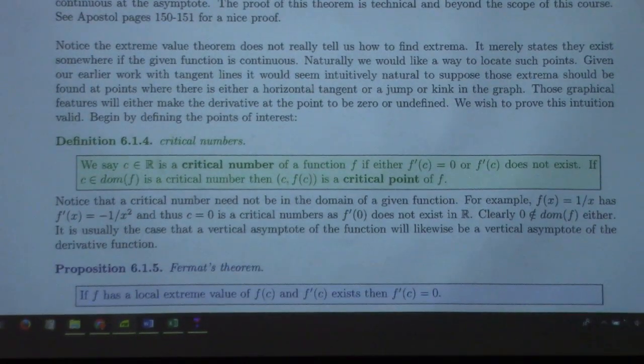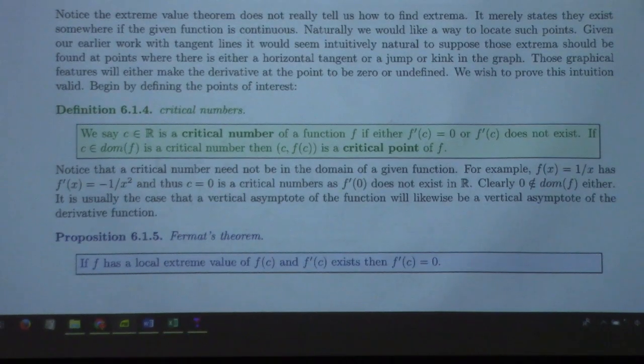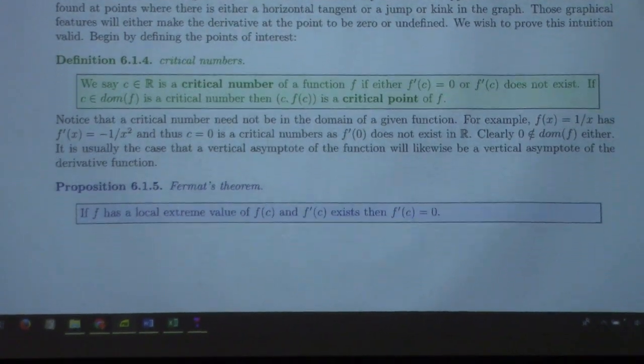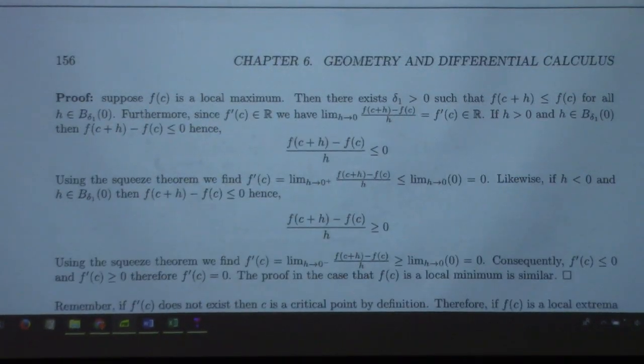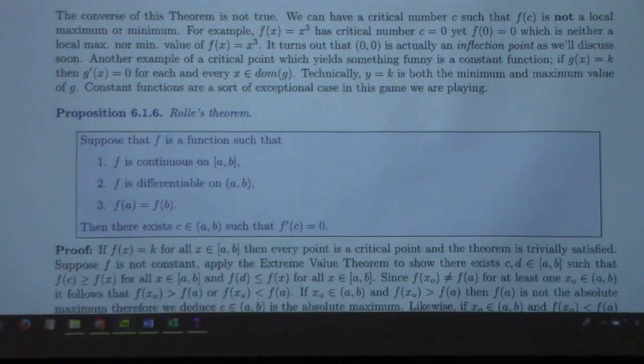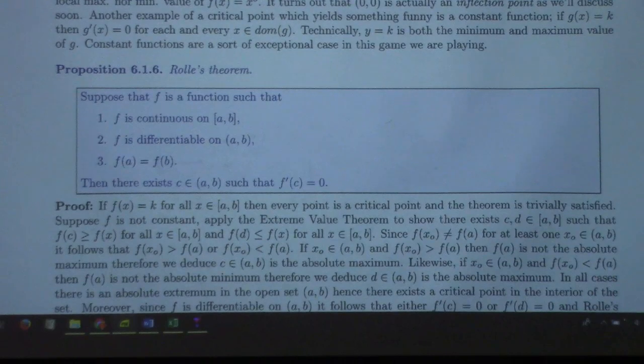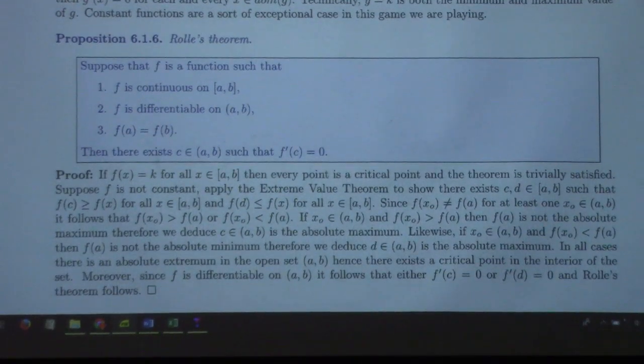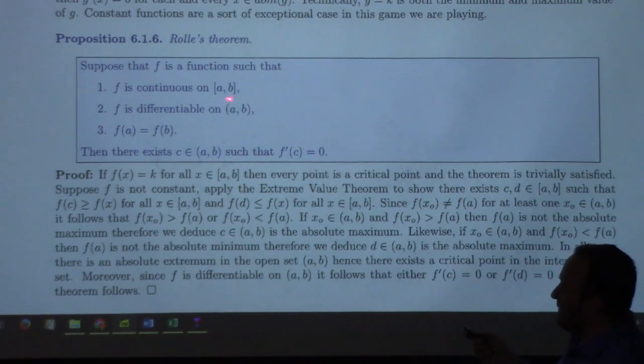So then, of course, we introduced the concept of a critical point, which was where a derivative was 0, right? Remember that? We had Fermat's theorem. May or may not have proved anything. Eventually, we get to Rolle's theorem. What did Rolle's theorem say? Rolle's theorem said, if you have a function that's continuous on the closed interval, differentiable on the open interval, and starts and stops